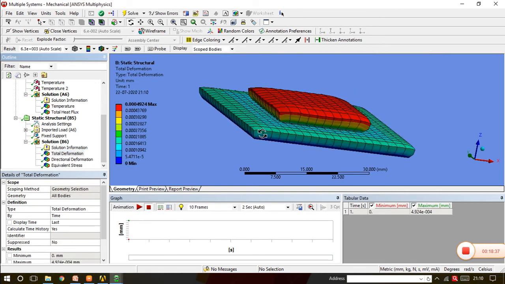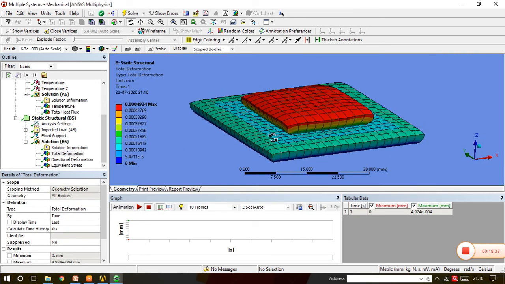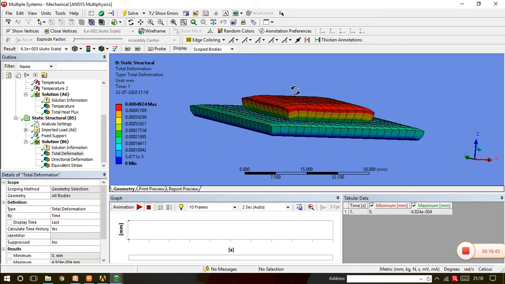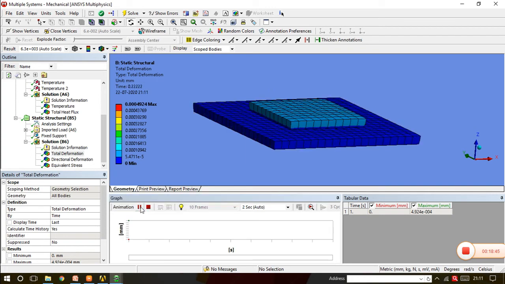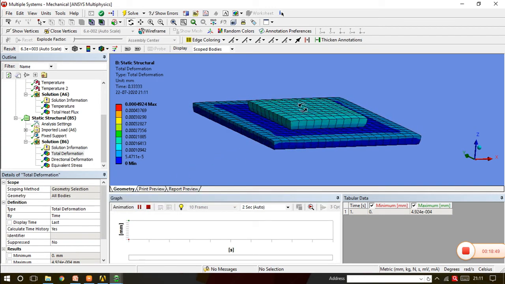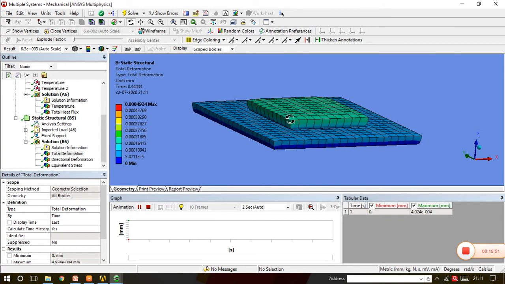Now we'll see results one by one. And now see, my friend, first we will see the total deformation. So the total deformation, we can see that the maximum deformation is at the upper surface of the copper, because it is freely expanding, as well as this surface which is freely expanding.